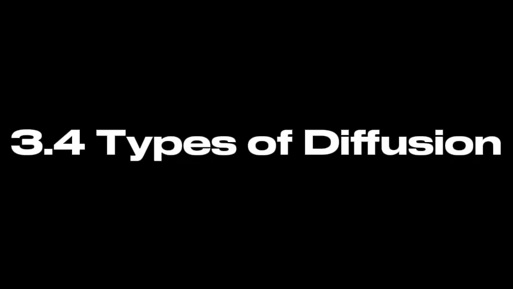To get that matrix vision, we need to set the foundation with two core concepts that explain the movement of human culture. The first is diffusion itself. In geographic terms, diffusion is simply the process by which ideas, innovations, or cultural traits spread across space and time. It's basically the engine of how societies influence each other. And the second concept you need is the cultural hearth. A hearth is the specific physical geographic area where a cultural trait or an innovation actually originates. It's the birthplace of the idea.